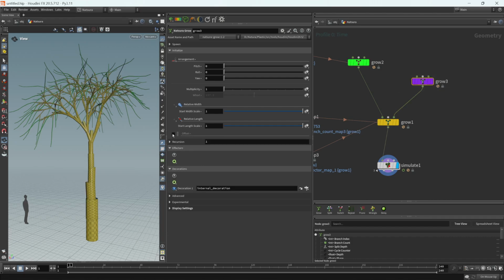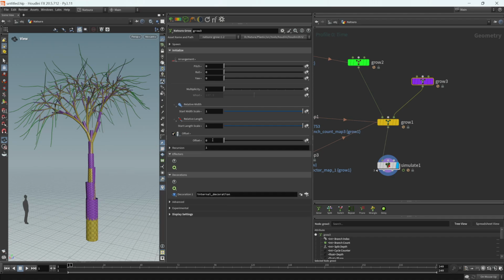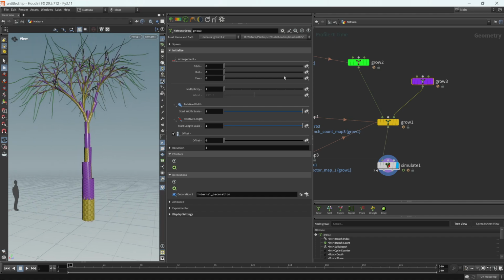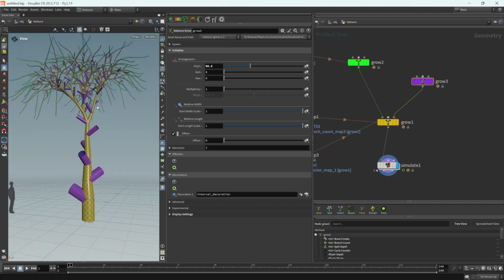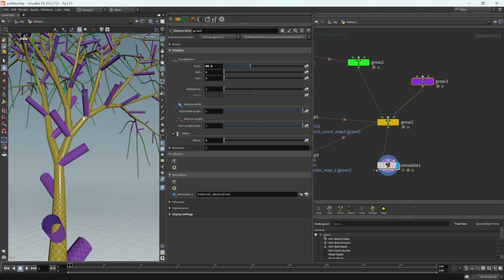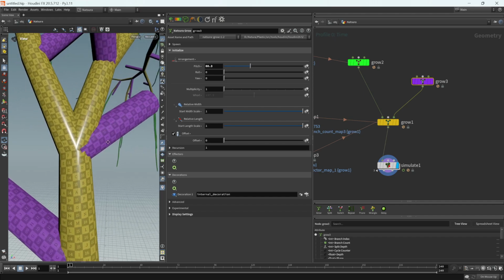Once again, we can turn on offset. We'll talk more about what this does in another video so that we can see the color preview more accurately. And then with this new grow, we can go ahead and increase the pitch. You'll see that we get these new branches created at every single step of growth, including at intersections where we